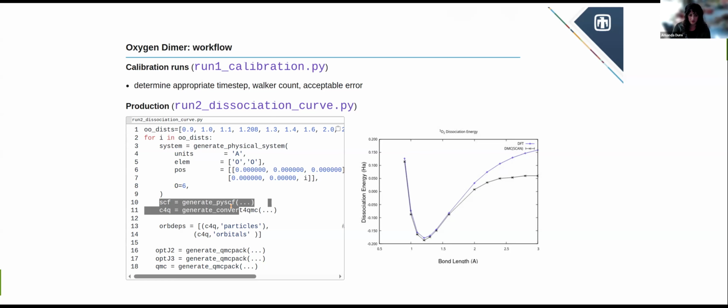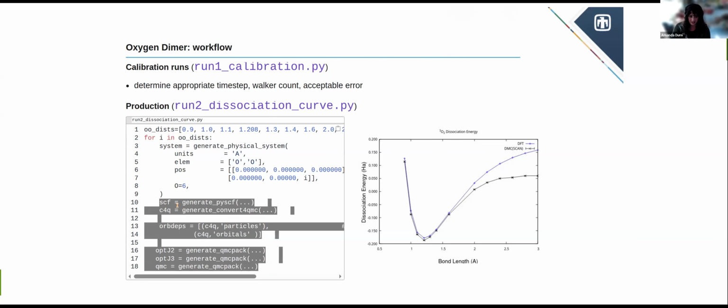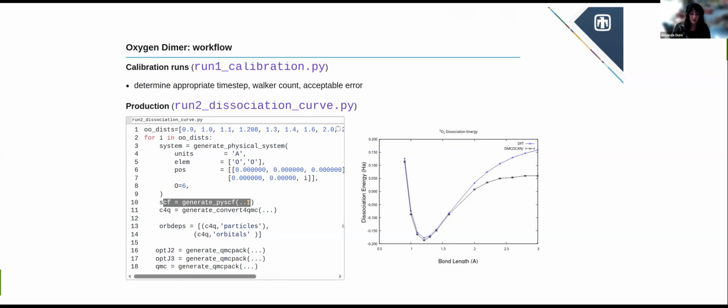And then we'll run through all of our steps: the SCF, getting the orbitals for the given geometry, again optimizing the Jastrow factor for each geometry, and again going through QMCPACK with your diffusion Monte Carlo calculations with this generate for QMCPACK call as informed by your calibration runs. And so again, there are post-analysis tools in the directory, and you'll be able to create a figure that